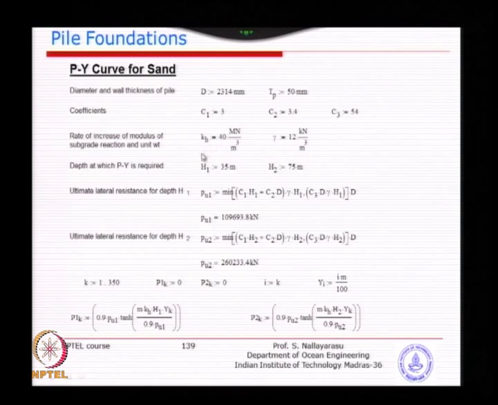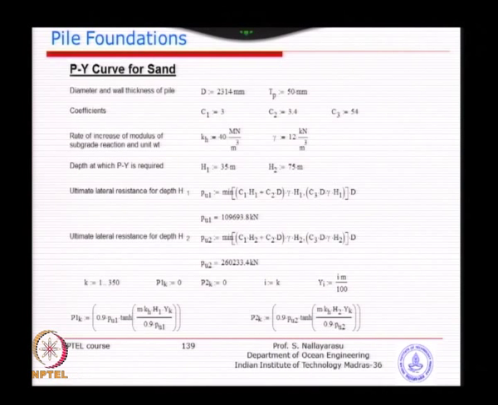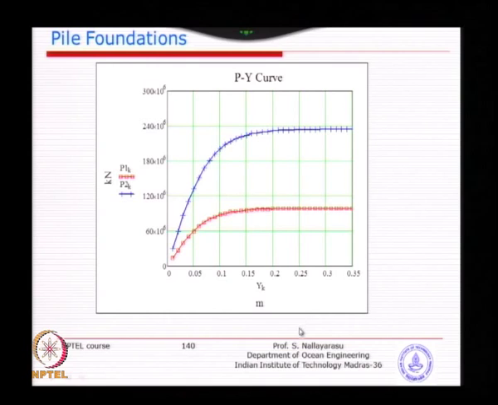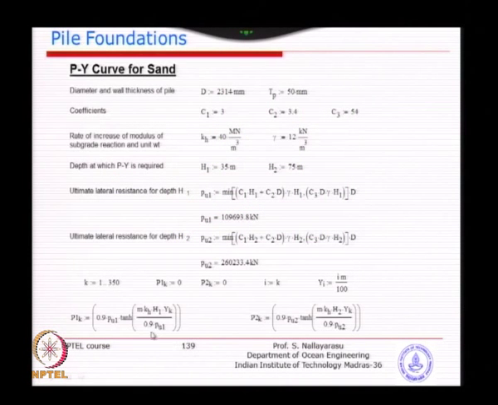The depth, 2 depths, I have just wanted to show you an example of how they differ and calculate the PU values, and I have put down the equation which we described earlier for a cyclic loading case for 2 depths, and this is how it will look if you generate it yourself using computer software or by manual methods. So, you can see here is the displacement, and this is the kilonewton in terms of lateral resistance. This is for a shallow depth, this is for a deeper depth, basically P1 and P2 calculated for 2 different depths.